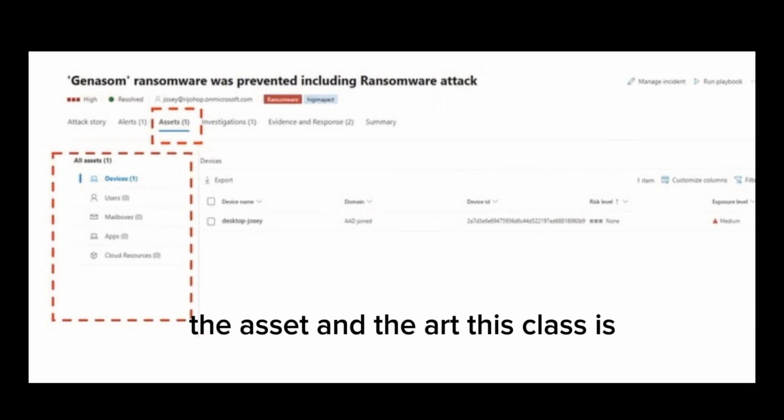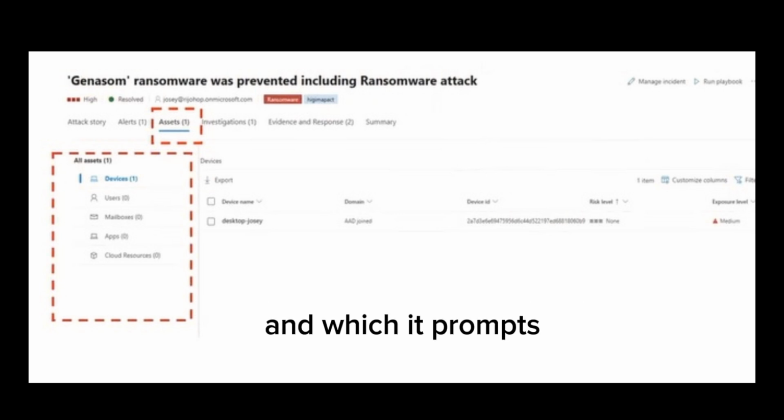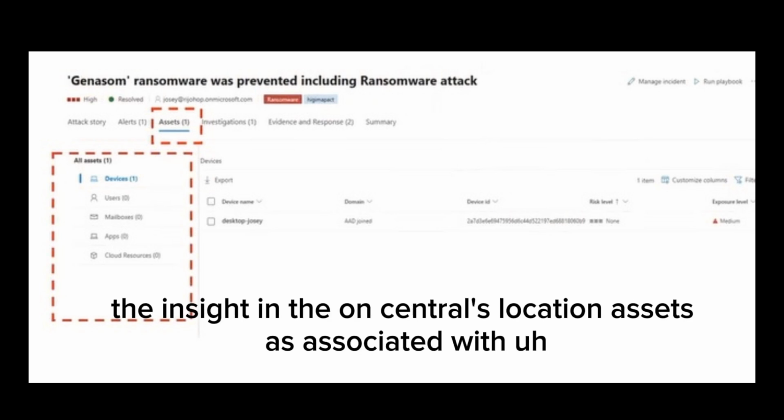This leads to the next step in the analysis, the affected assets, which provides the ability to view and manage all assets involved in the incident in one central location.